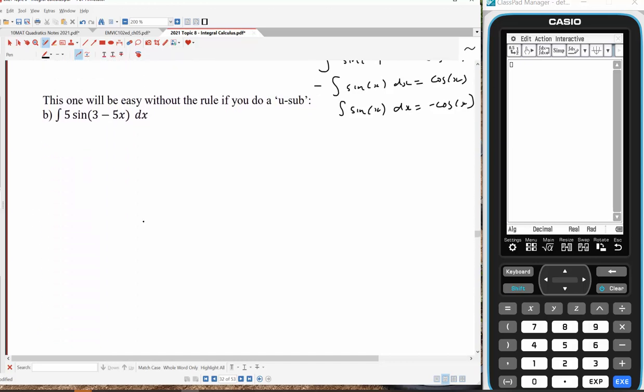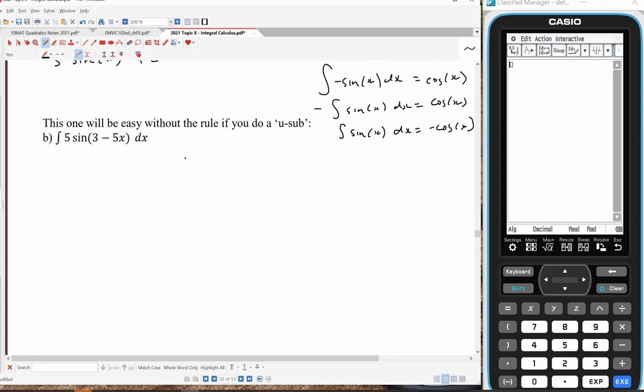All right, now what do we do in this case here? Like, what comes out the front, what gets divided, etc., etc. So your best bet is to do a u-substitution to help you with these ones here, because the formula sheet won't actually help you. Anyway, let's go for it. So we're going to rewrite this as equals 5, integrate sine of 3 take 5x dx is our first move. Right, so this is the chain rule here. We want to reverse the chain rule, so I like to do that via the u-substitution. So integrate the sine of u, that is, get this to be something that I do know how to antidiff,